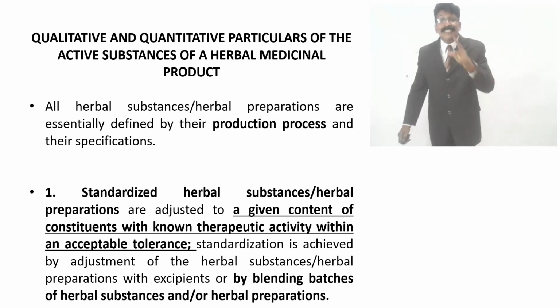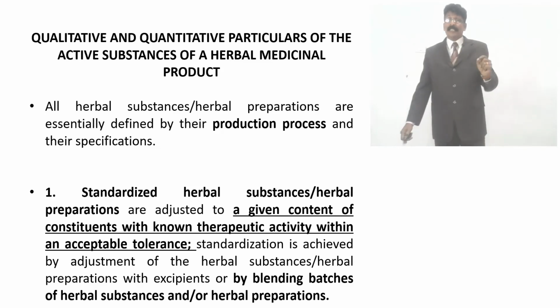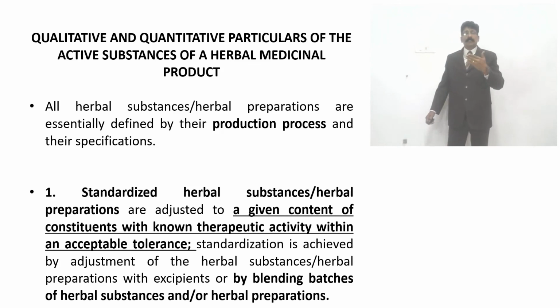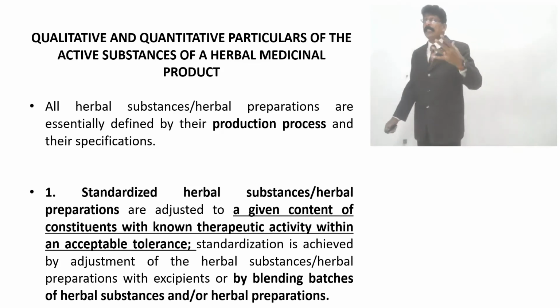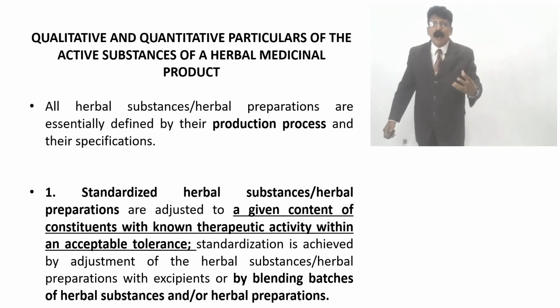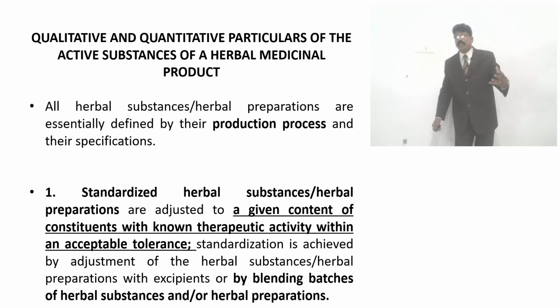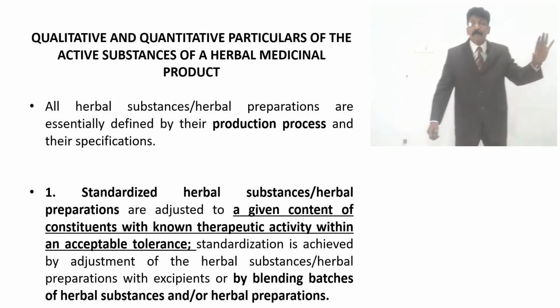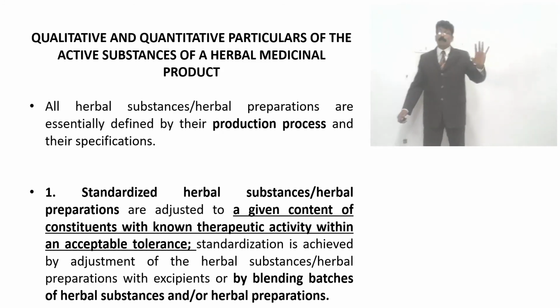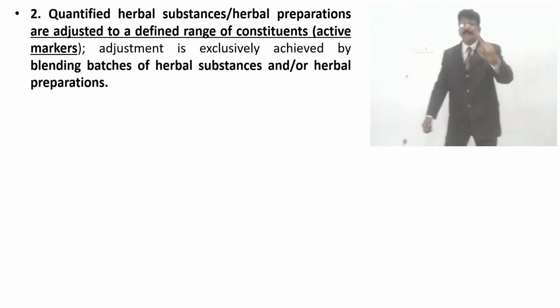Standardization is achieved by adjustment of the herbal substance or herbal preparation with excipients, or by blending only the powder form without excipients, the crude form, batches of herbal substances or herbal preparations. So this standardized powdered form may be in the crude form, or with some excipients added, or without, only powdering. And the second one is quantified, a known amount